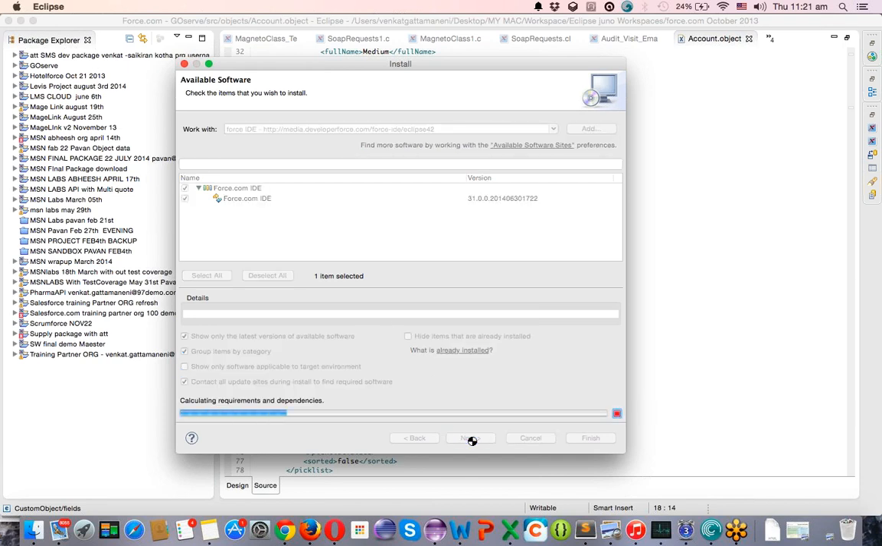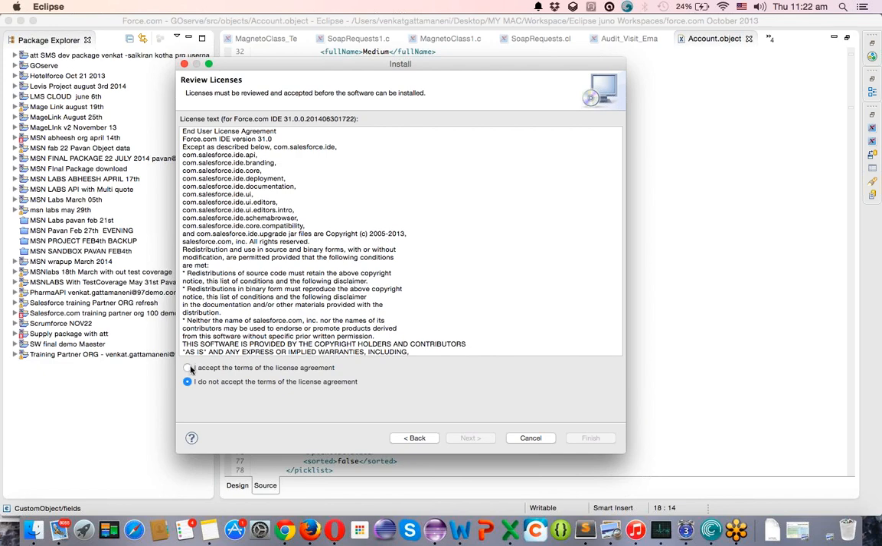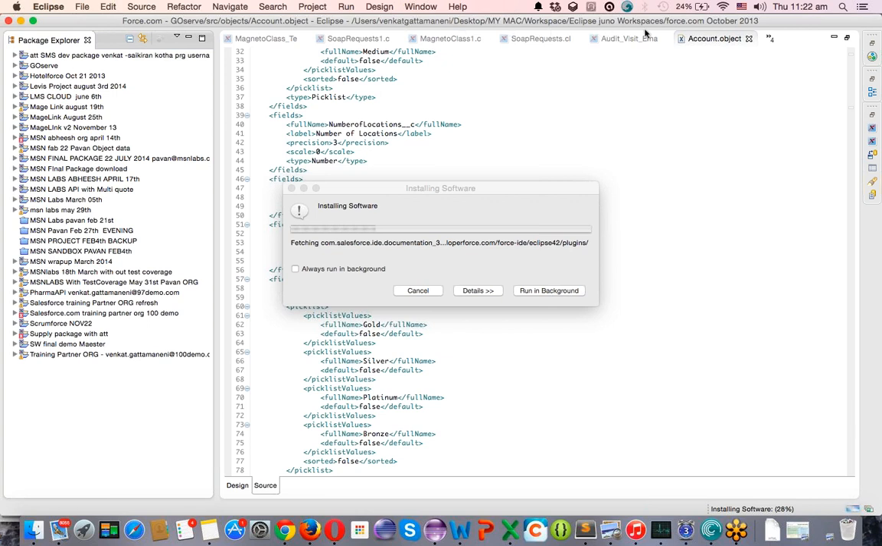Click on next. It's downloading the components. Yeah, next. I am agreeing the agreement here. Click on finish. So it's downloading and automatically installing the software in my Eclipse. After that, you have to keep the perspective as